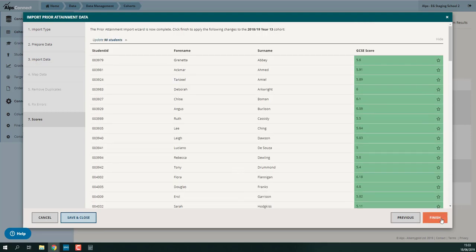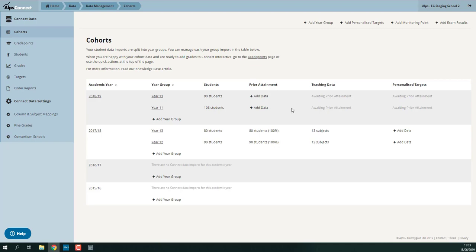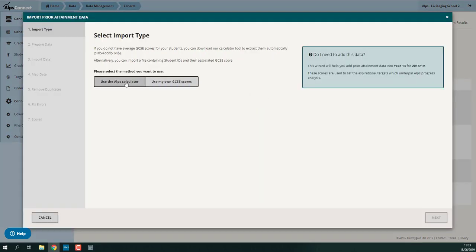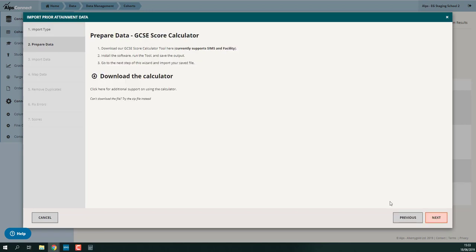Now, ordinarily I would click finish, but I do also want to show you the alternative SIMS import method. So if that auto import, simply putting in your username and password for SIMS and producing that XML file, doesn't work for you, or if you're using a hosted SIMS, then you can use this method. So in fact what I'm going to do is cancel this, and again go back into that prior attainment wizard,